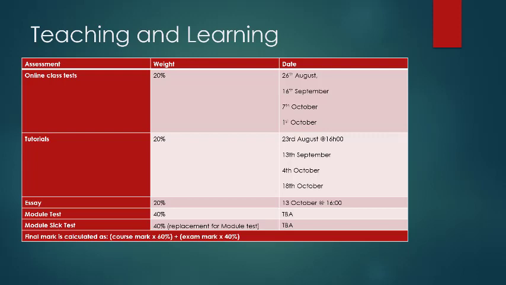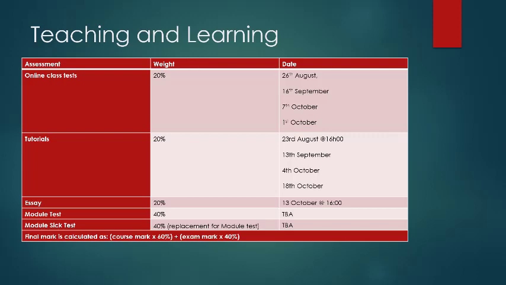In terms of what material they cover, they cover all material up till that date. So, say the 26th of August is week 3. That is when your online test is. Then every week before that it will cover, so it will cover week 1 and week 2. The 16th of September is week 6, so the material covered for that online test will be week 1, week 2, week 3, week 4, week 5. So you don't write off any weeks. Every week is still available to write on.